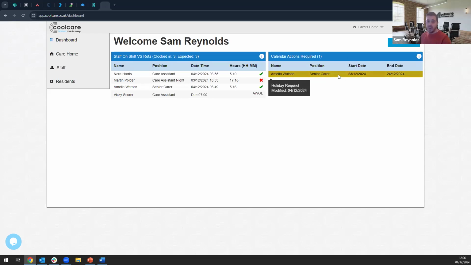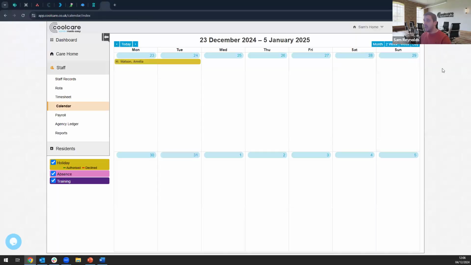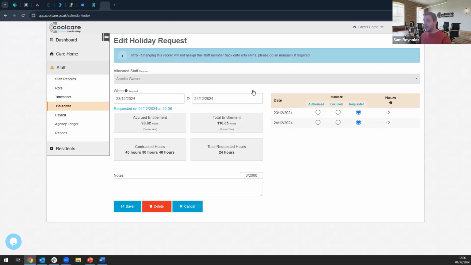And if I click on that request from the widget, it will then take me to my calendar. It even pops it into a 2-week view, so it's a bit more zoomed in and easier to see. And you can even see there it's flashing at me, the one that I need to deal with. Obviously, quite obvious in my case because I've got nothing else in there. But if you have a lot going on your calendar, you'd be able to easily spot which one's required looking at. So if I then click on that request on there,